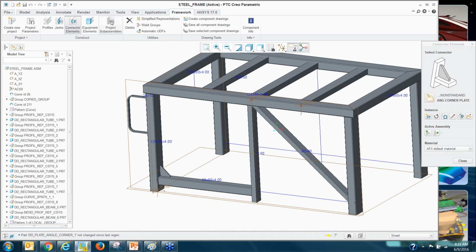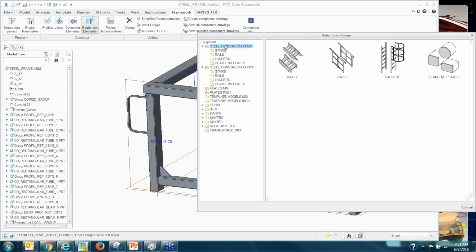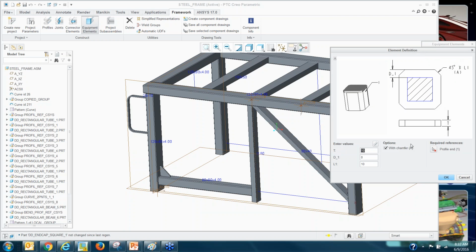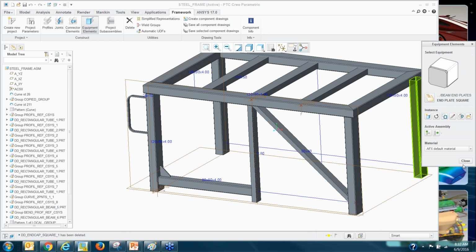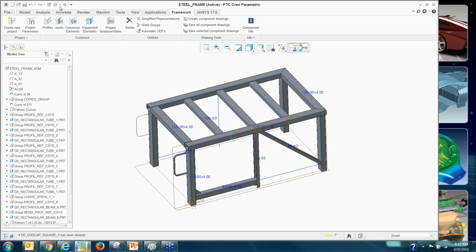So you could really add that, or maybe you can go to equipments. You have the option to add plates. If I go to beam end plates, I could add an end plate, for example. So it's quite a lot of options available. But my point is, once you do something like this, if you open up the drawing,